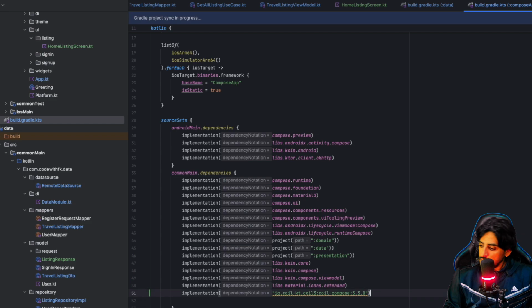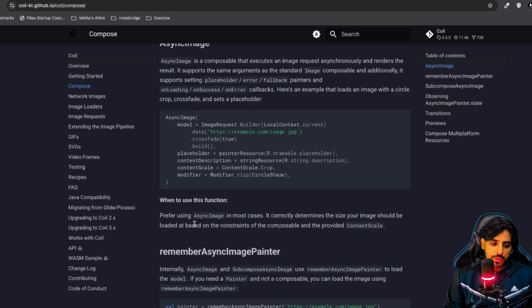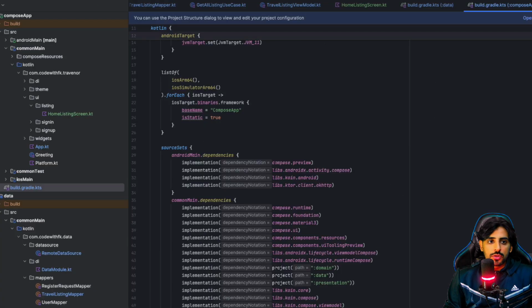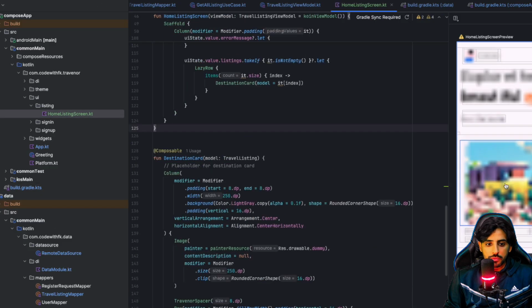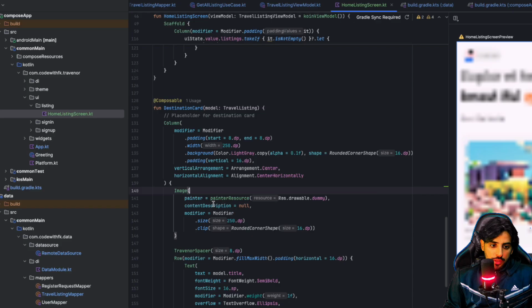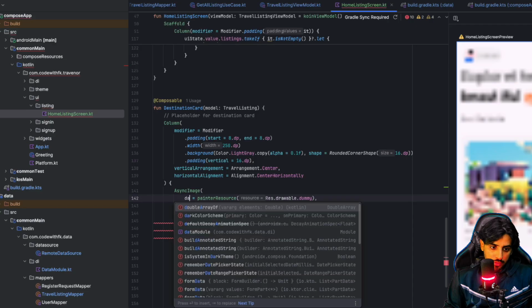So hopefully once we sync that, it should work. Okay, so the coil is there, and now we go over here to the home listing section, and this image view that we have, you can see that right now it's just an image. Now we can basically call an async image, and then from here you can say model,